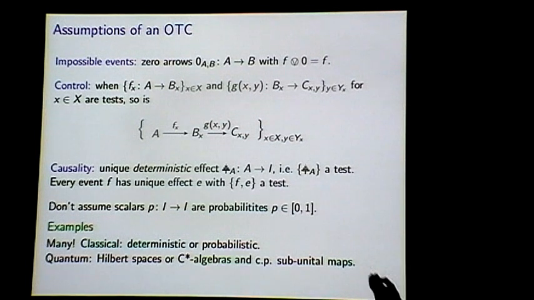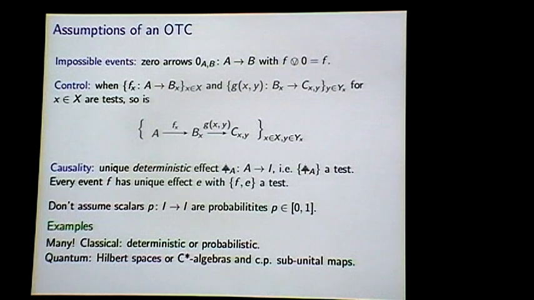So some of the more probabilistic style ones, you can treat classical physics or probabilistic physics, or quantum theory, where your events would be completely positive maps and they'd be subunital because they occur with some probability, and you could take your objects to be Hilbert spaces or C-star algebras of really any dimension. So now the aim is just to talk about how we can treat one of these theories in a completely categorical way. And the idea is that instead of talking about this outcome data, just encode that information in the systems or in the objects.